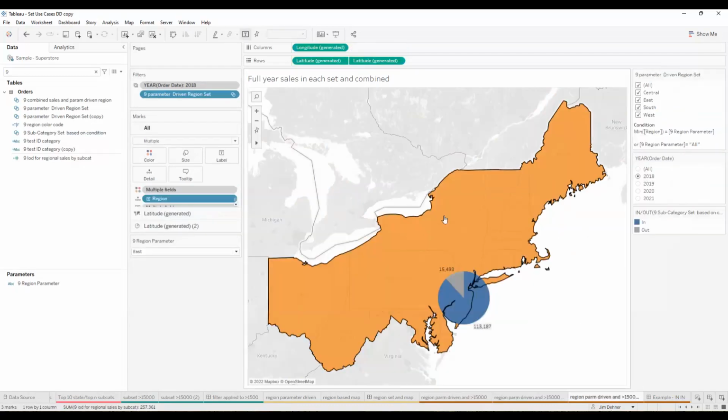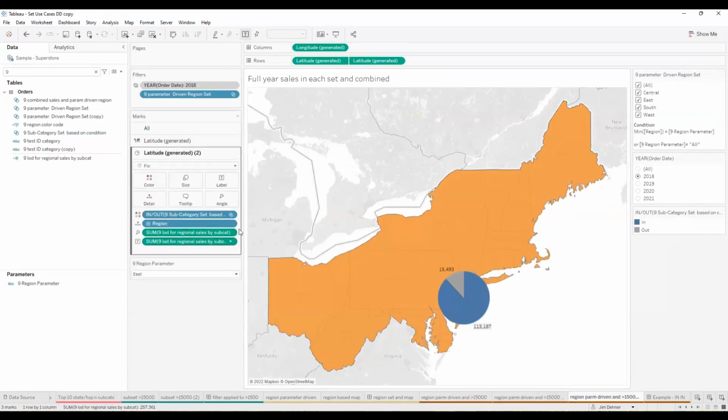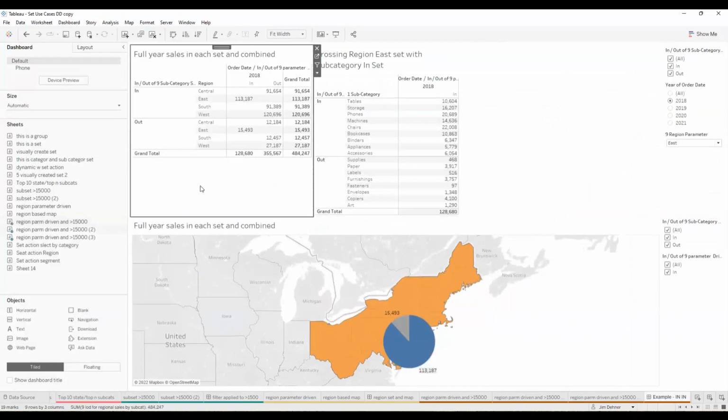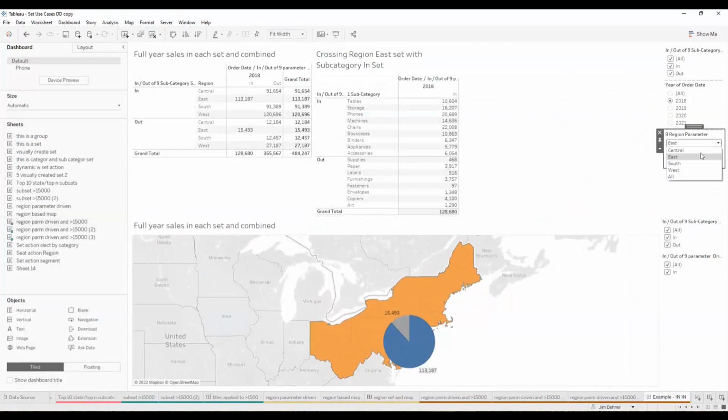Okay, I've created a map, and I've just put a pie chart on this map that is proportional, a proportion of the pie chart of what's in the two sets versus what's out of the two sets. And if we bring this together, it would look something like this. Now I've got values here that are both in our subcategory set and in our region set. And we can look at the region and we can take a look at the percent of total. And as we change the region,